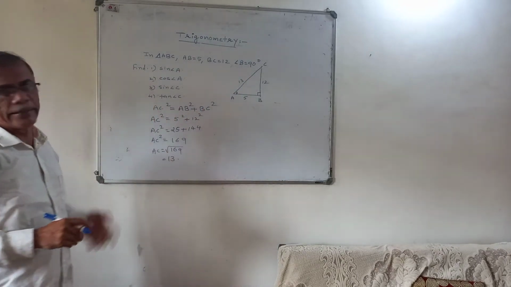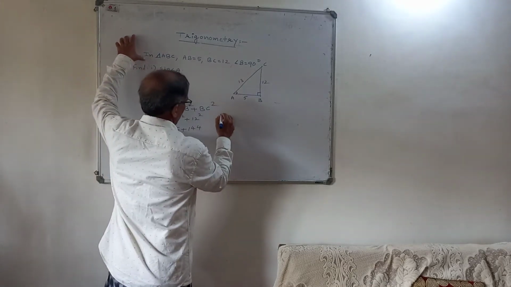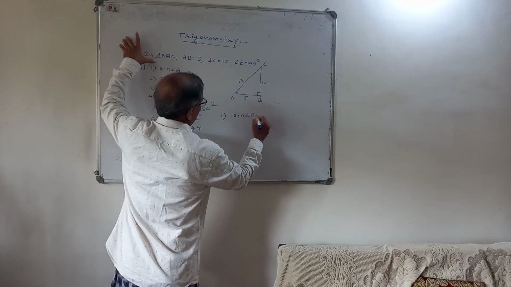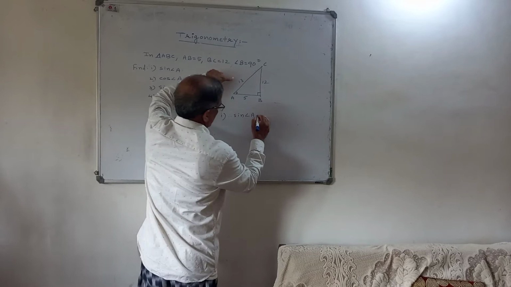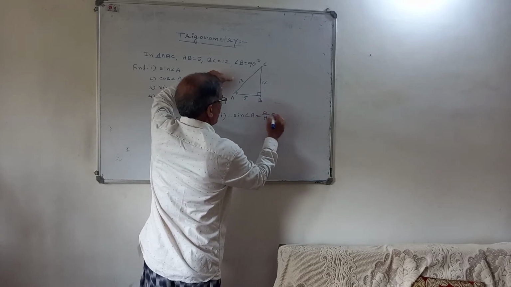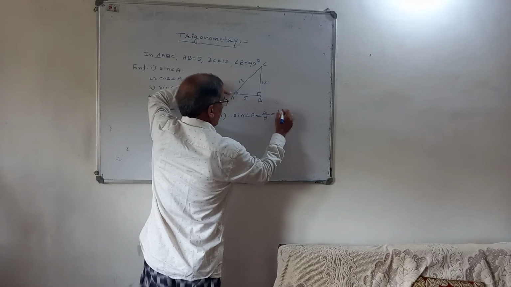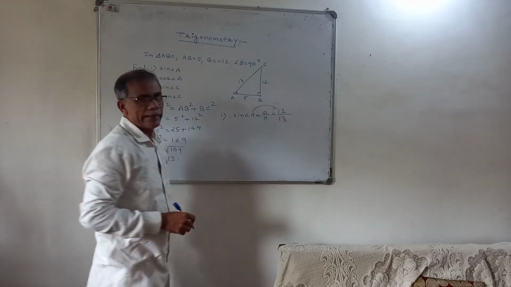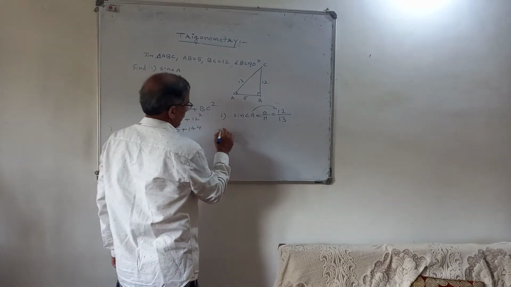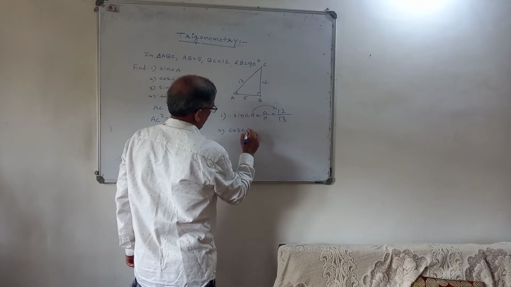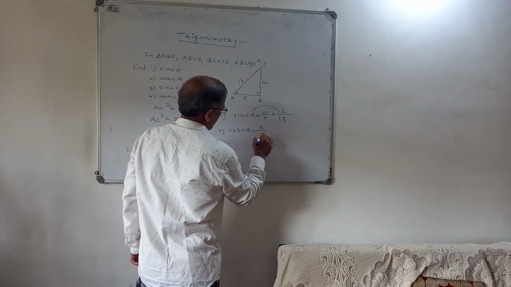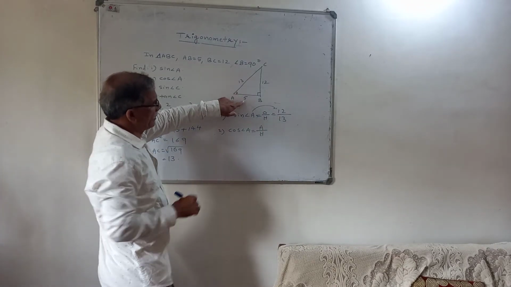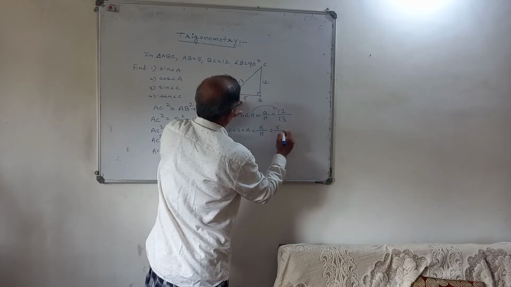Now we can write all these ratios. First is, therefore, sin of angle A. Sin is opposite upon hypotenuse. If you want, you can write O by H here, or even you can directly substitute. You know opposite is 12 upon hypotenuse 13. Without writing this, you can directly also write this. Then second, cos angle A. What is our formula? Adjacent upon hypotenuse, isn't it? For angle A which is adjacent, 5 is adjacent. So it is 5 upon 13.